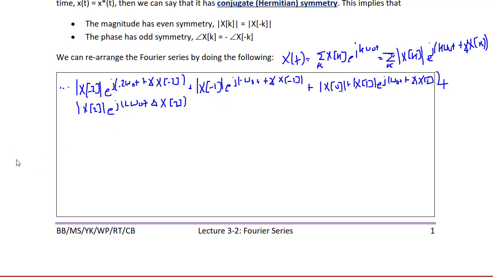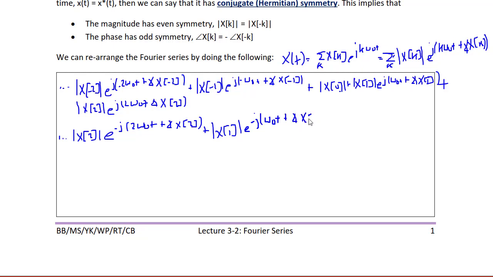So this now becomes the magnitude of x of 2 e to the negative j 2 omega naught t plus the angle of x of 2, plus the magnitude of x of 1 e to the negative j omega naught t plus the angle for x of 1,